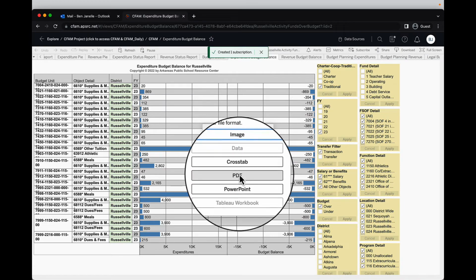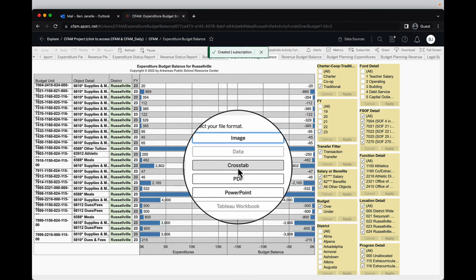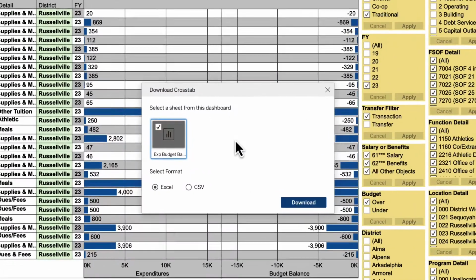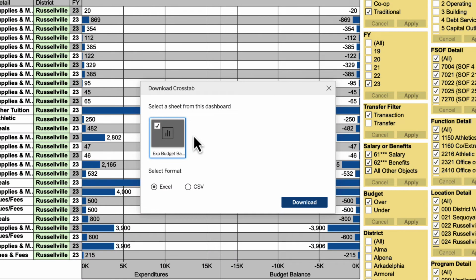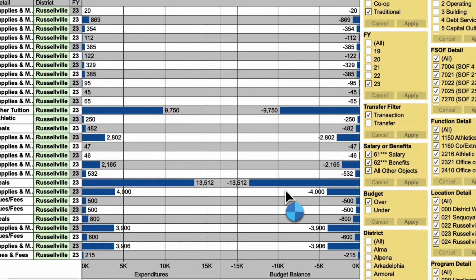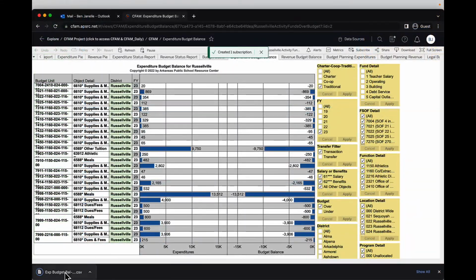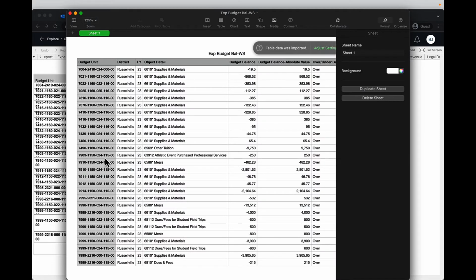You can also download a PDF, or a crosstab is going to give you an Excel style sheet of the data involved. If there's multiple sheets in the view, you'll have to select which of the pieces you're wanting, but in this case we just have the one. I'll choose CSV to just get the text. And you can see how this comes out and would be good for manipulating in Excel or possibly doing further analysis